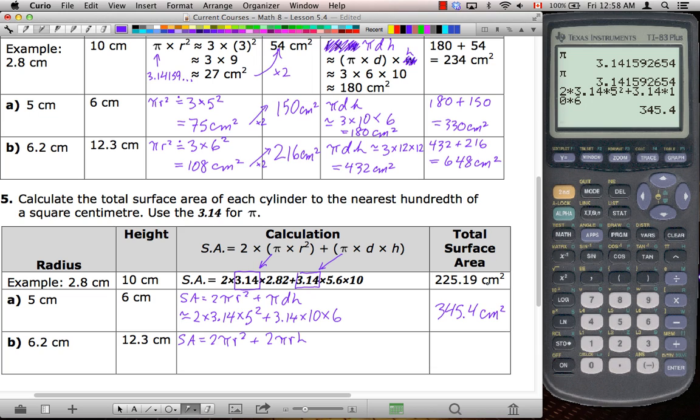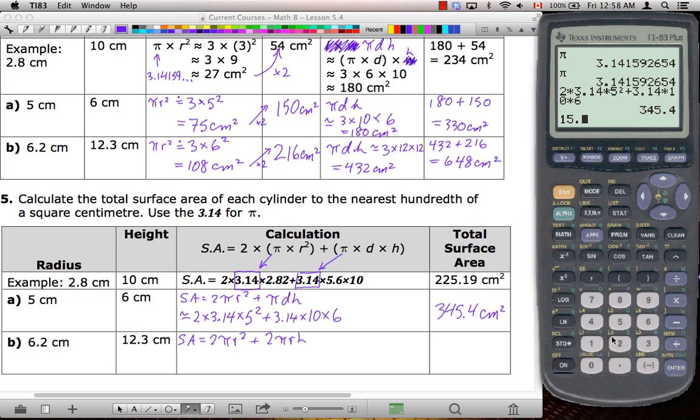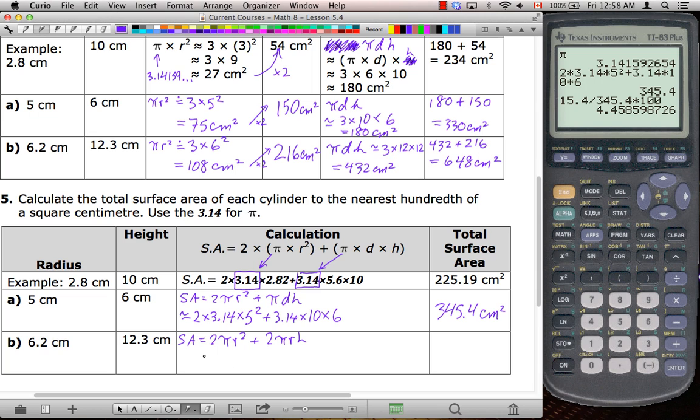So being off by 15.4 out of a total of 345.4, that's pretty darn accurate. 15.4 out of 345.4 as a percent is only an error of 4.5%. So not very much. All right, so next